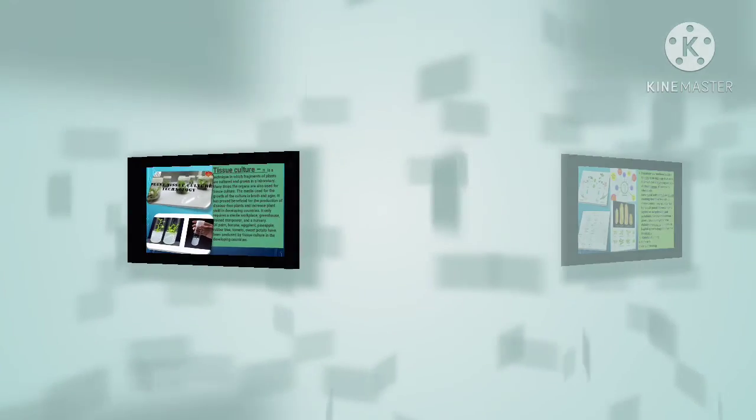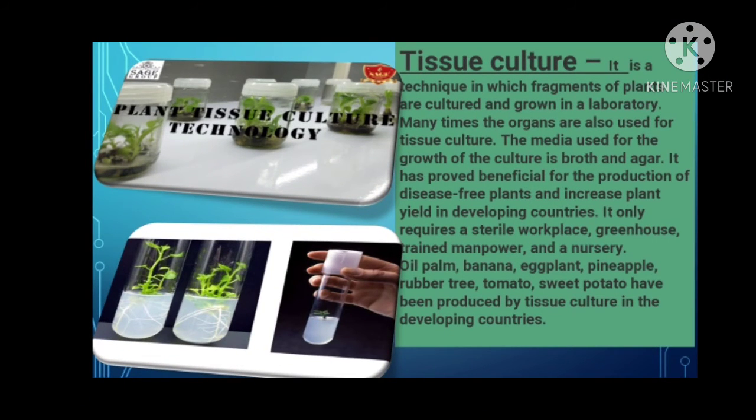Okay. Tissue culture. The technique of an in vitro culture of plant cell and tissue on nutrient media in glass containers like test tube, conical flask or petri dish under aseptic condition is called plant cell and tissue culture. Plant tissue culture is a process by means of which small pieces of living tissues, that is explants, growing cells, are separated from a living organism and grown under aseptic conditions, that is free from bacteria, viruses and other microorganisms, for indefinite controlled periods on a semi-defined or defined medium rich in nutrients.